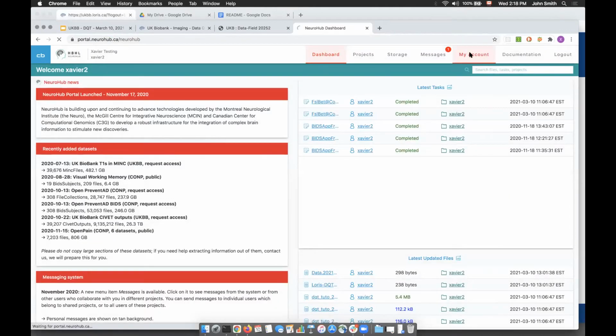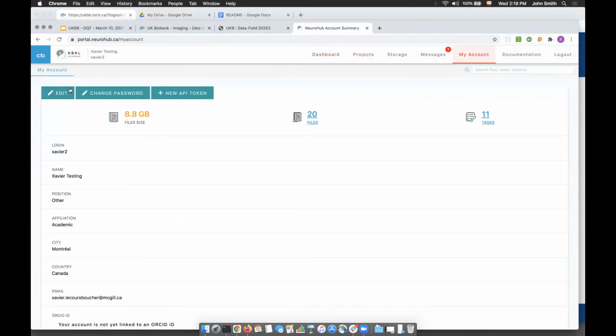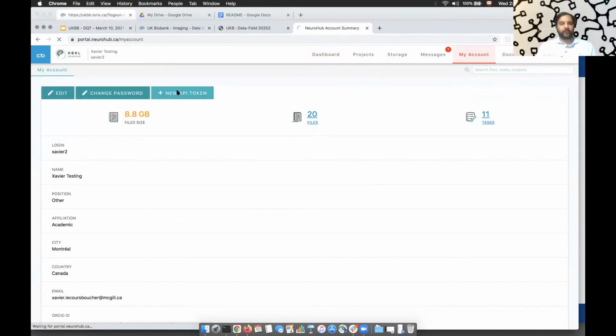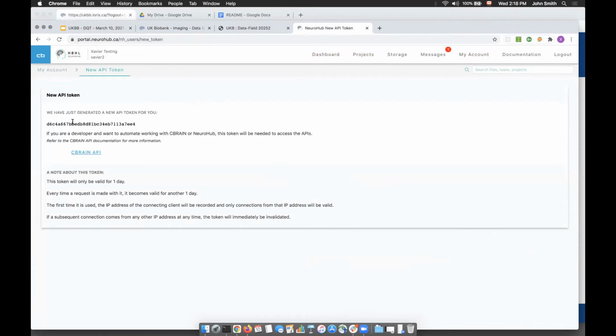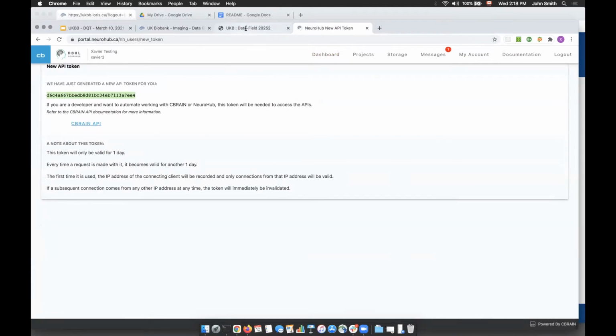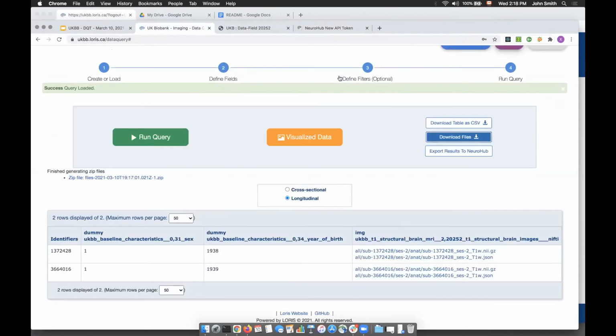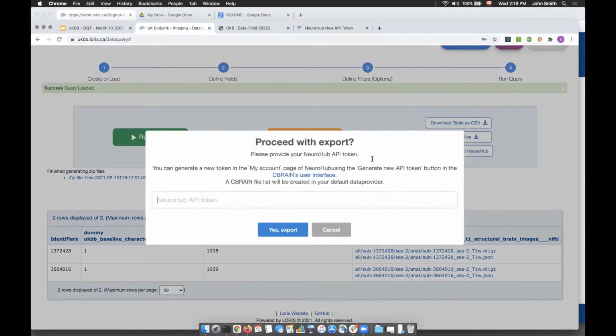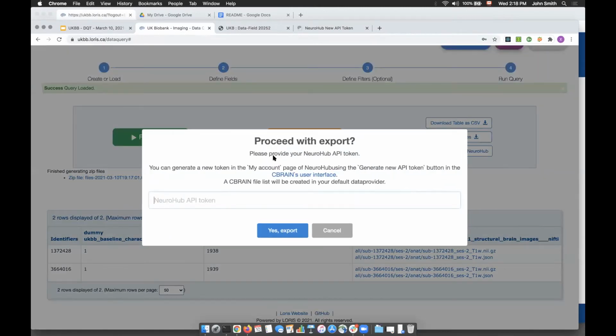Okay, My Account. And there are 3 buttons at the top. The third one is New API Token. This generates a token that once used will be attached to your IP address. So for security reasons, you can't share it once it's used, but it allows you to use it through another application.